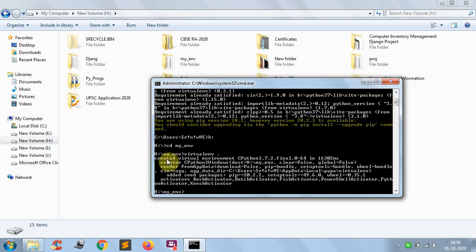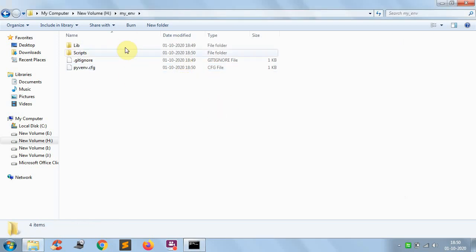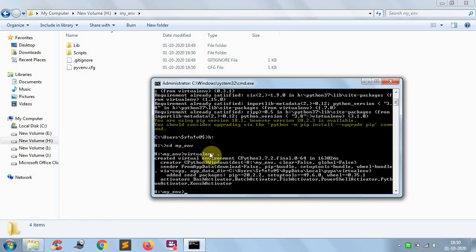Yeah, it is showing the message created virtual environment and all the details are showing here. Now open the my_env folder. Now here you can see some files and folders. Earlier this folder was empty. Now after running virtualenv space dot, all the necessary files for running the virtual environment are installed here.